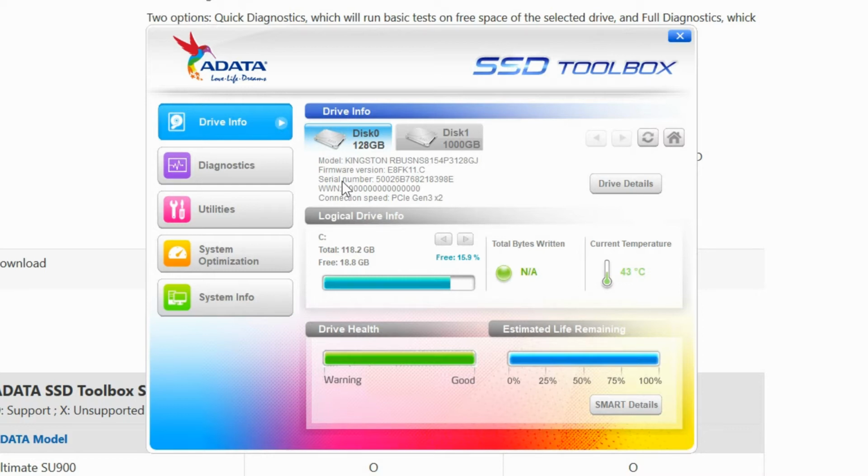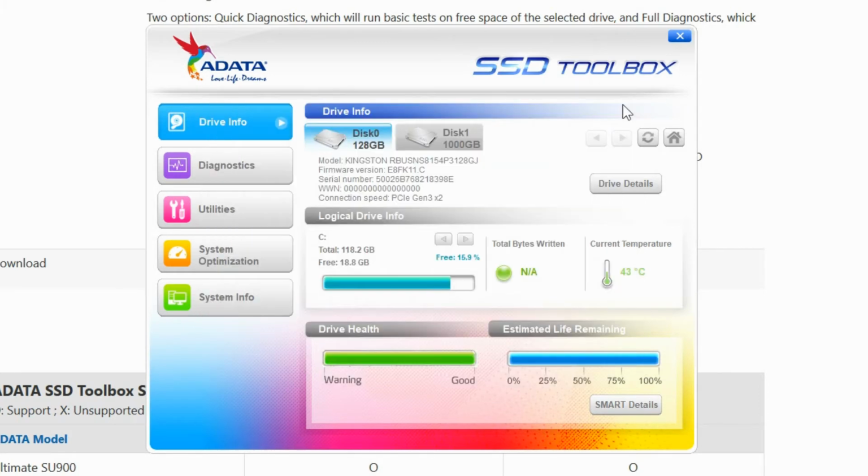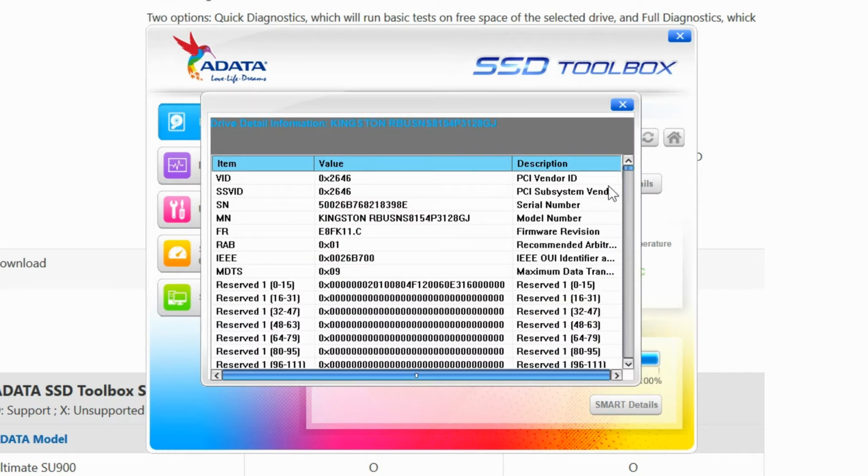Now there is a few differences with this here. You'll see the drive tells you how much space there is, but this is going a bit outside the scope of this video. Ideally you want to have at least 20% free space. This is a little low, so that's not very good. The drive health here, you've got if it's at a warning level, or in this case it's green and good all the way over to the good side, and the estimated life remaining is at 100%. Smart details over here, similar to what we saw in the other programs. You can get some great detail and drive details as well.